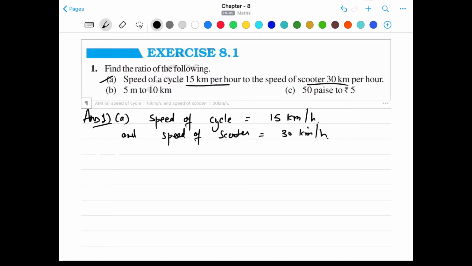The first thing you have to notice when you are calculating the ratio is that the unit of both quantities or values has to be the same. As you can see here, the unit is kilometer per hour, and here also the unit is kilometer per hour. That means the unit in both cases is the same. You have to make sure the unit of both values has to be the same. In this question, it's already given as kilometer per hour for both, so we don't have to change anything. So just simply write: hence the ratio of